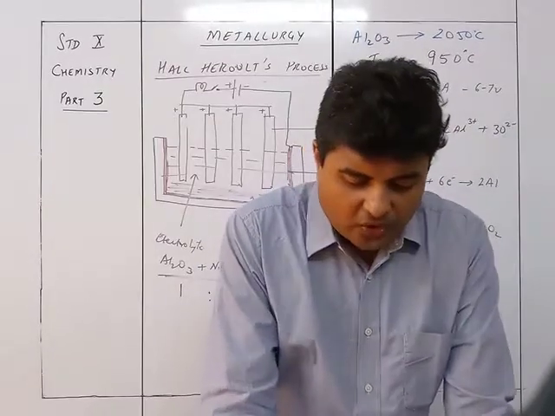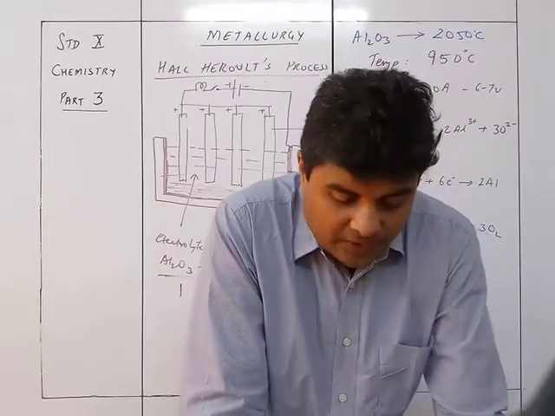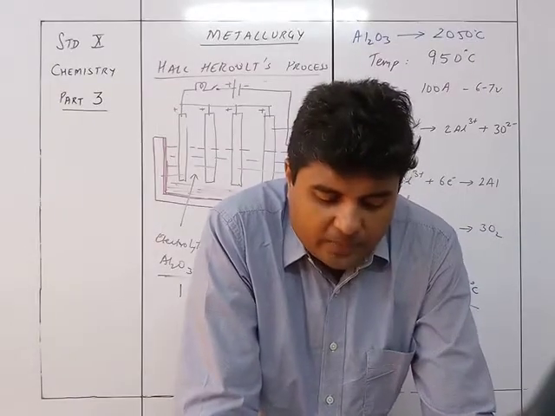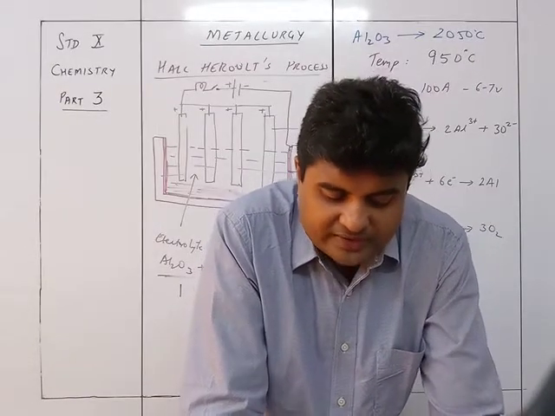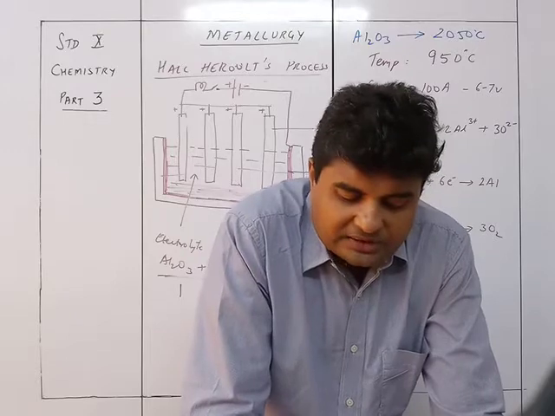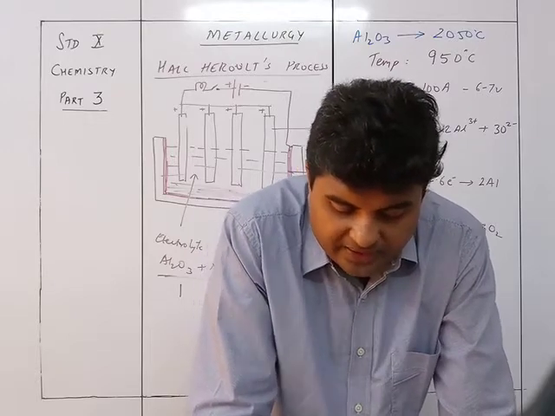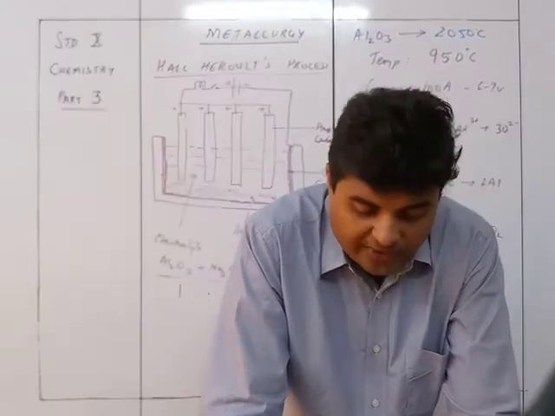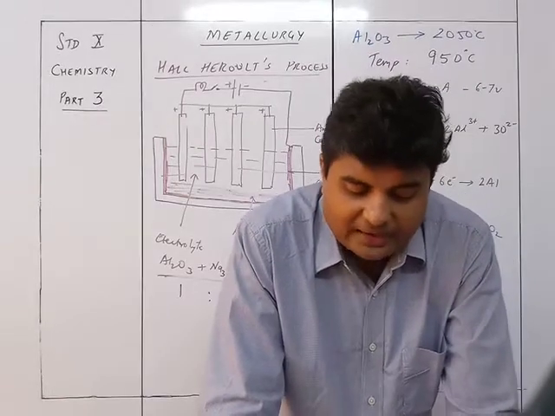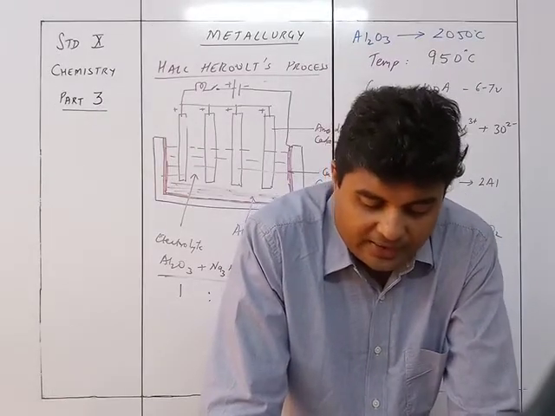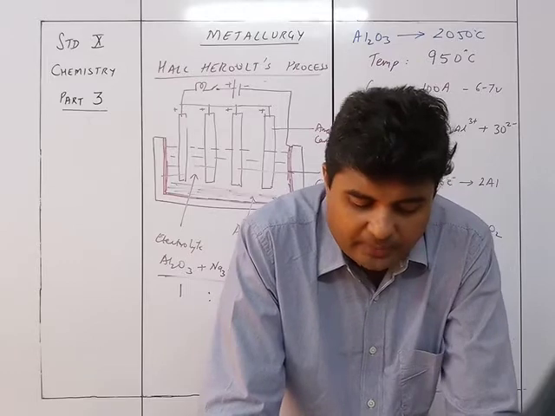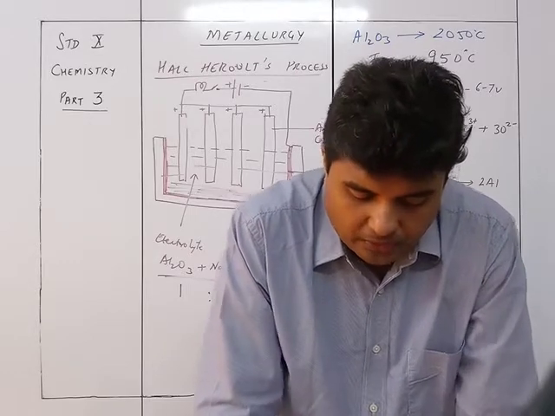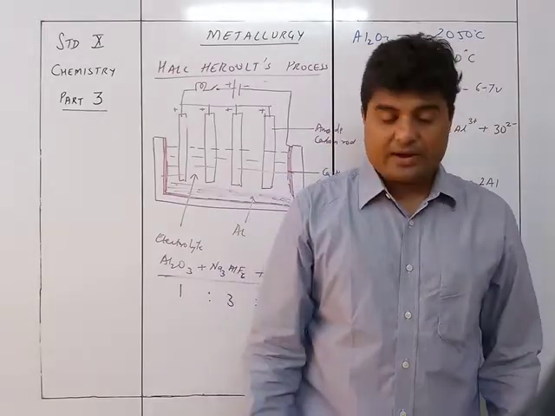So in this case you have got a Hoope apparatus, Hoope's process, wherein the upper layer is molten aluminum with carbon electrodes serving as a cathode. Middle layer is cryolite, then BaF2, that is barium fluoride, and aluminum fluoride and calcium fluoride, serving as an electrolyte. Lower layer, impure aluminum at the bottom along with carbon lining, acts as an anode.